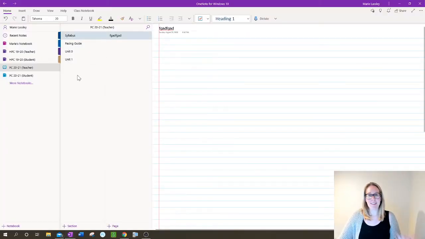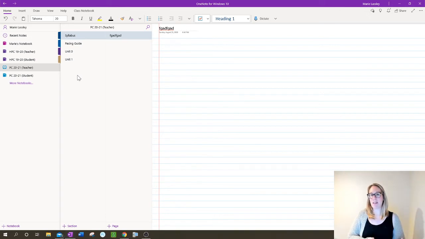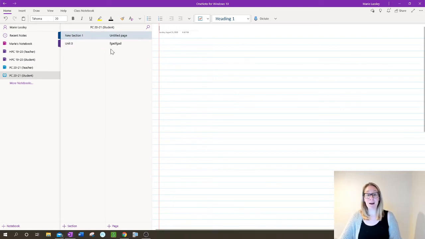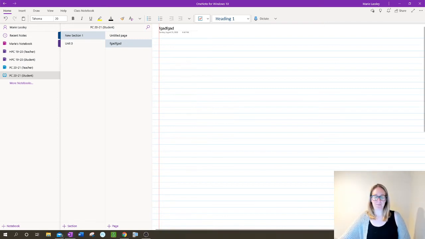All right, so in theory, you would definitely want to move your sections over first and then copy in your pages, because as you can see, I didn't have anywhere for it to really go. It just went into new section 1, but it is now in new section 1, that cool page I just made or whatever. All right, so it's really easy to go ahead and copy, and you can select multiple pages